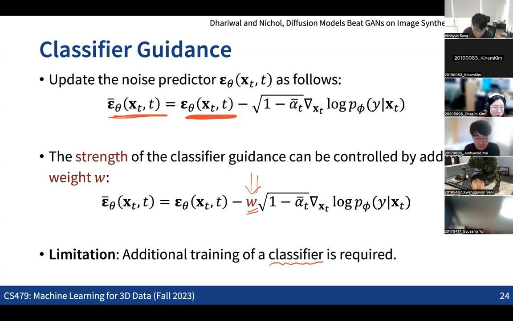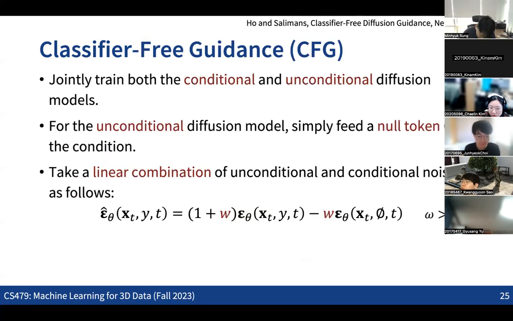And we need to take this as input and train the classifier, which means we need to train this additional classification network after we train the DDPM and DDIM models, which really takes extra time to run. So the engineering idea that people have come up with is classifier-free guidance, which is really just an engineering idea.